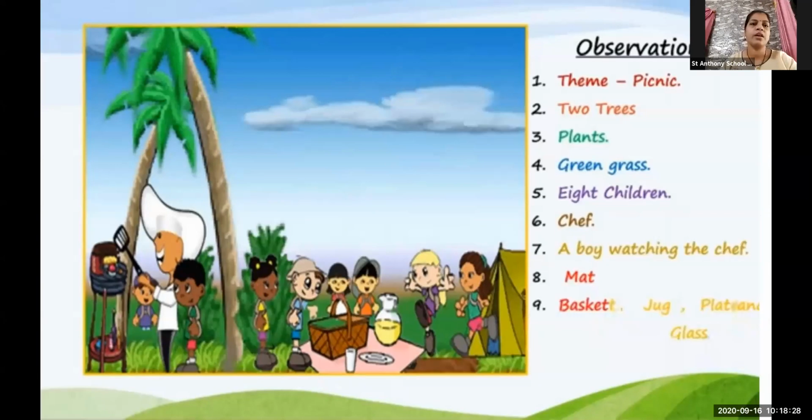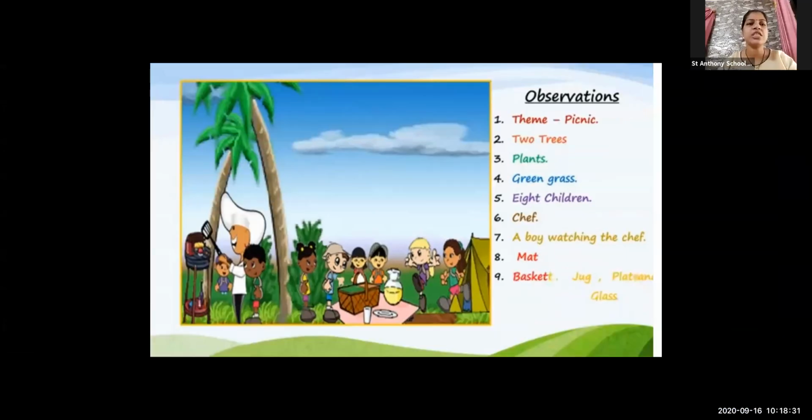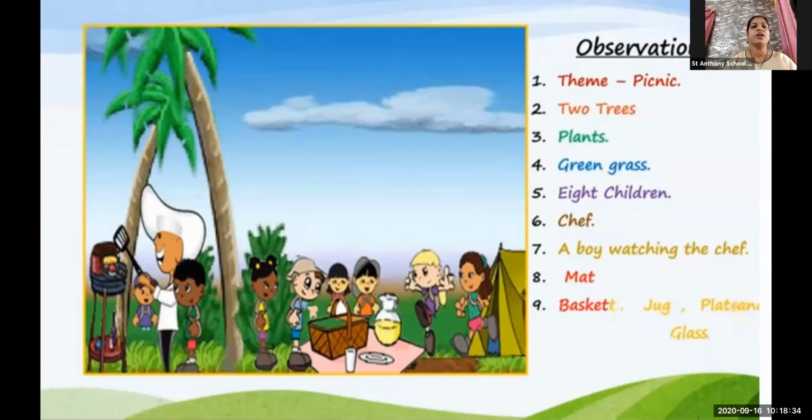Okay, so when we talk about a particular picture, you have to follow the steps. First of all, you have to tell the theme. What is the picture all about? Is it a scenery, a nature scene, or a picnic scene? What is the theme of that picture? What exactly do you come to know? For example, if there is a picture of a garden, what will you say? The theme of the picture is walking in the garden, or just playing with friends in the garden. So it can be anything. Just observe the picture and give a theme.